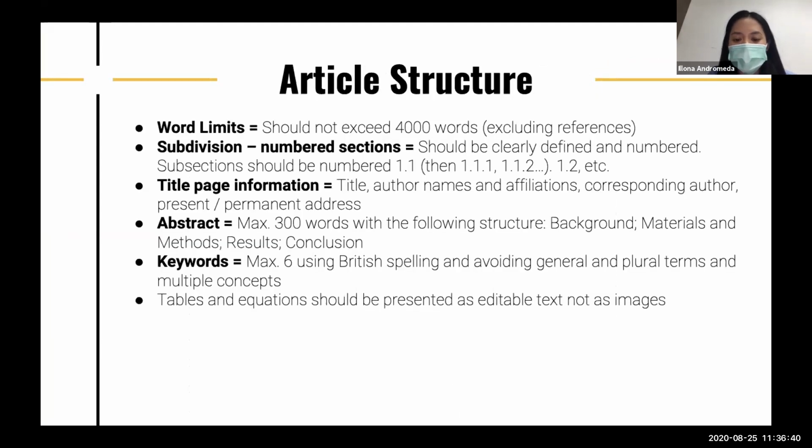So based on all of the guidelines, they have a mutual article structure that our word limit should not exceed 4,000 words, including references. And then the subdivision for numbered sections should be clearly defined and numbered. So for example, 1.1 followed by 1.1.1. So they use numerical